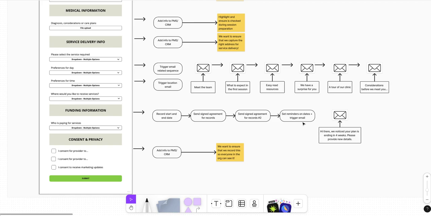So, hey, we know that your plan is expiring, it needs to be rolled over or it's due for a review in 4 weeks. Would you like us to write a letter? Would you like any support? And this will also help you to understand how you're tracking. Do you need to review your operations, whatever you're doing? Does it need reviewing?